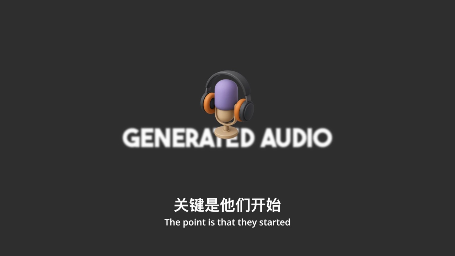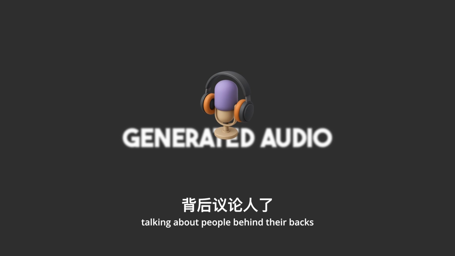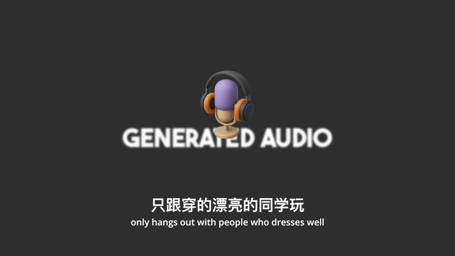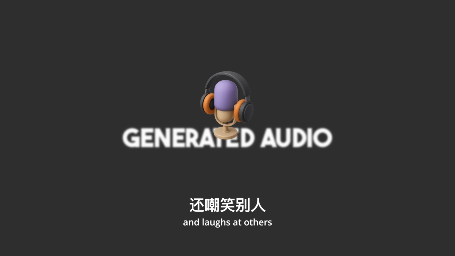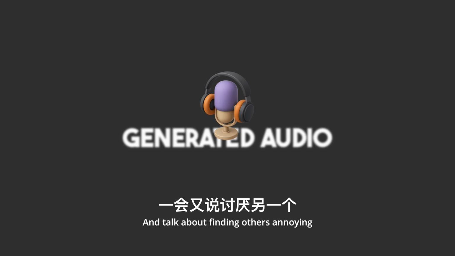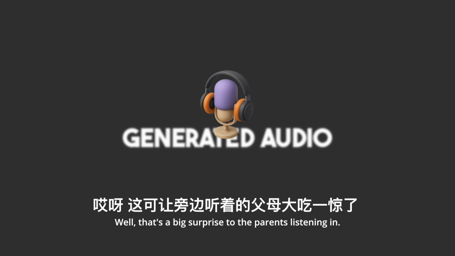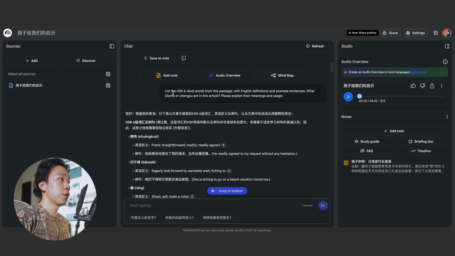关键是他们开始背后议论人了。哦，聊什么呢？一会儿说不喜欢谁，因为那个人只跟穿得漂亮的同学玩，还嘲笑别人；一会儿又说讨厌另一个，因为那个人最会讨好老师。哎呀，这可让旁边听着的父母，大吃一惊了。是啊。